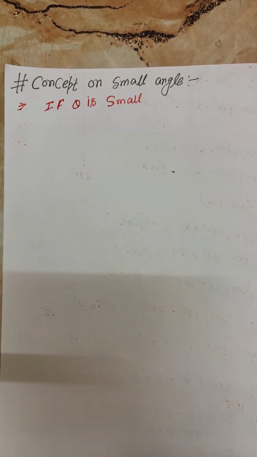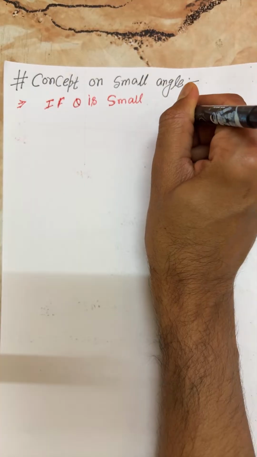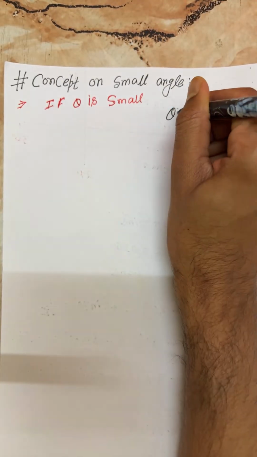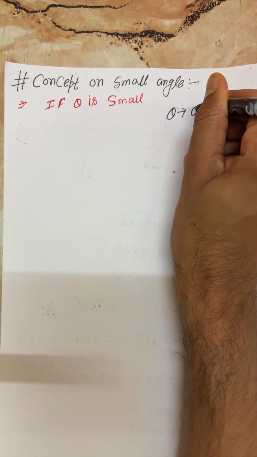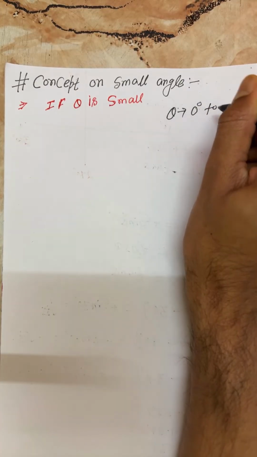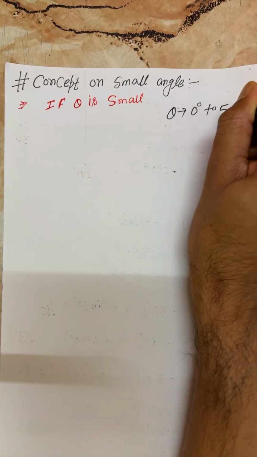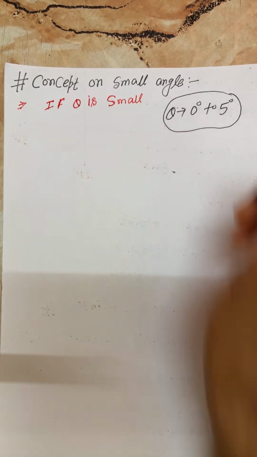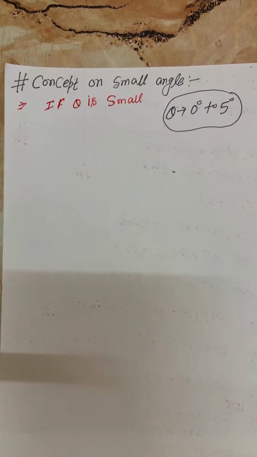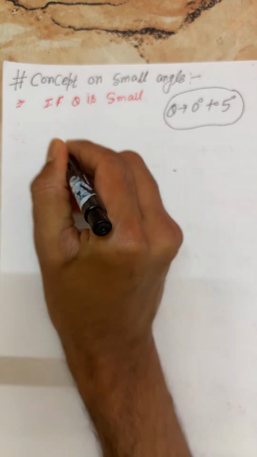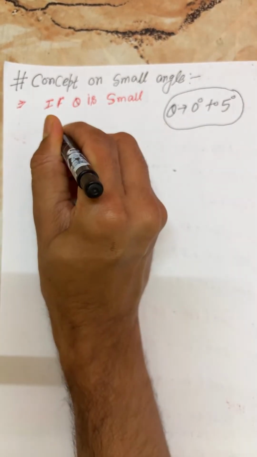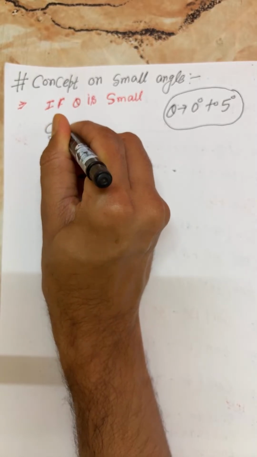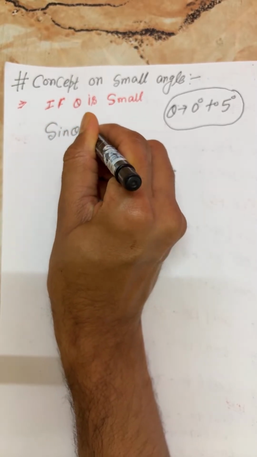Yes, beta, I can tell you. If your theta varies from 0 degree up to 5 degree, you can treat this angle as a small angle. Right. So if theta is small, for this condition you can write sine theta